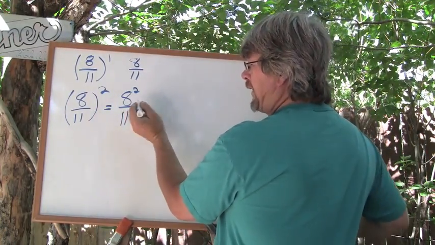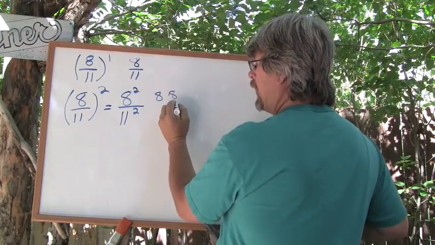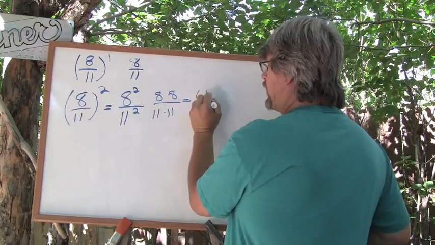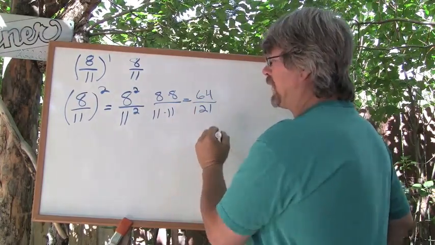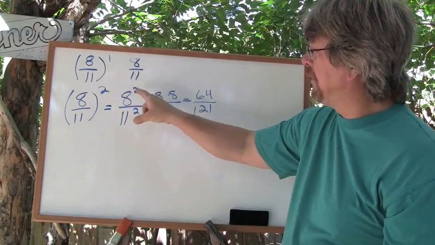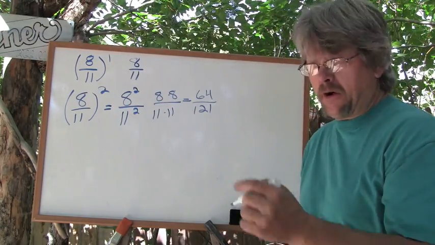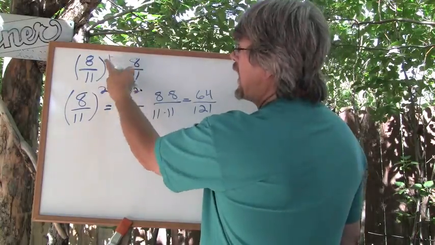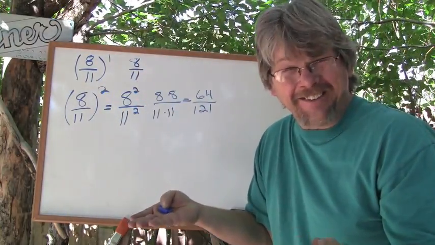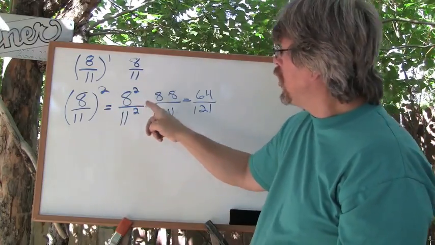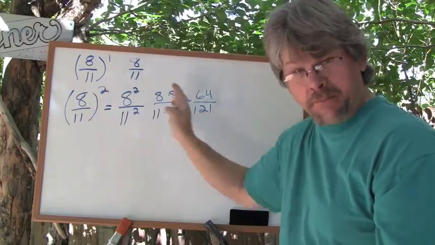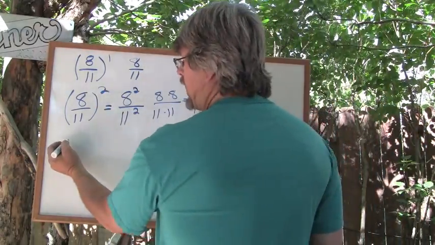And this is just 8 times 8 over 11 times 11, which is simply 64/121. Right? This is what happens with the positive exponents. With a 1, you simply have 1. Right? It makes sense. With 2, you have 2. If it was cubed, it would be 3 of these. So it makes sense